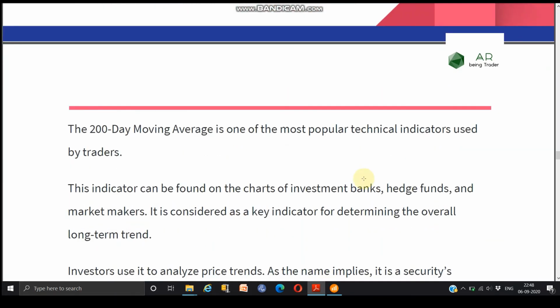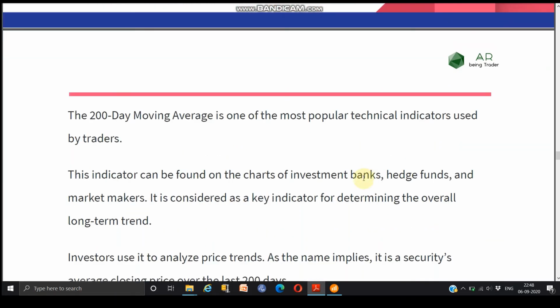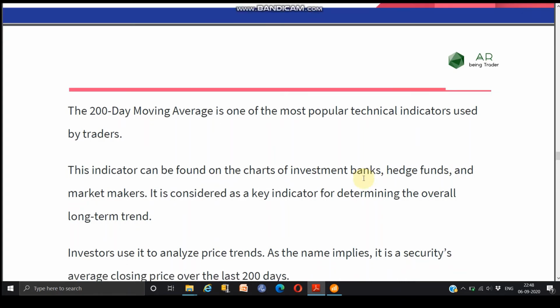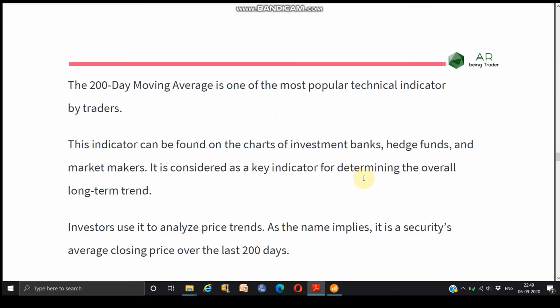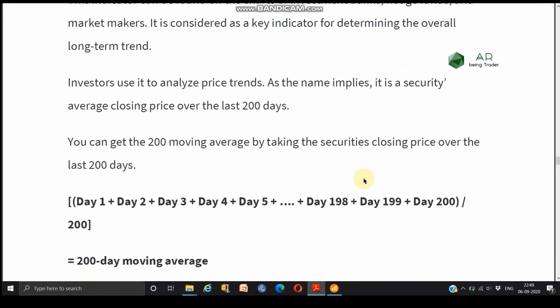Many people around the world use the 200 and 50 EMA. It's like a compulsory thing that one must have moving averages on his chart. A good trader will always maintain the 50 and 200 EMAs. Not only those, he will add moving averages with the period that suits him and gave him good results. Why? Because it's the most important thing. Please notice, guys.